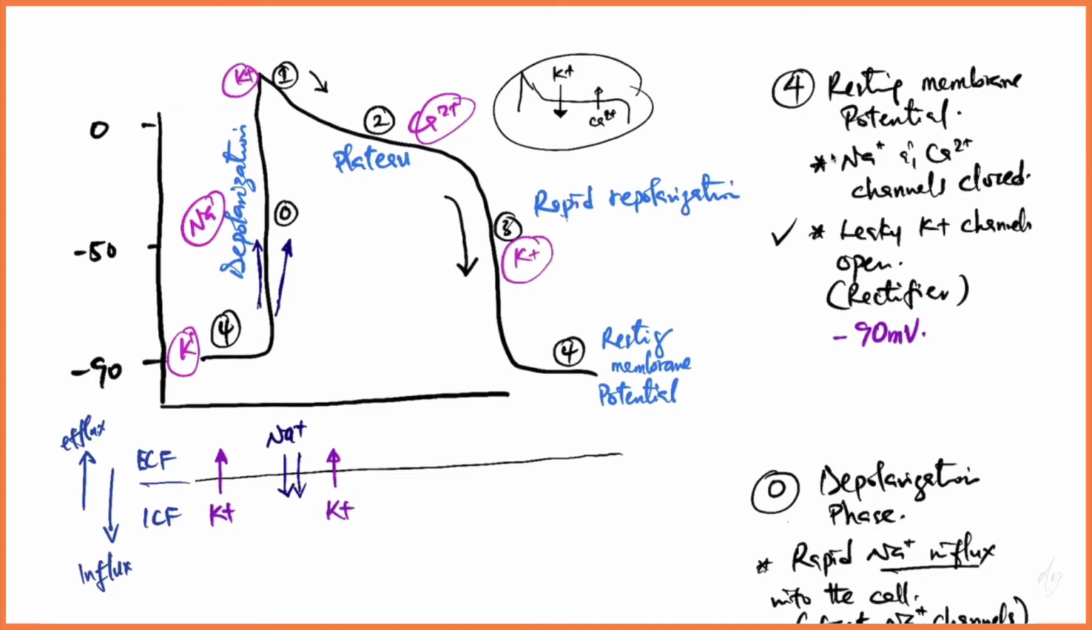The one other thing you may need to know is that this distance is the absolute refractory period. The absolute refractory period is a time during which another action potential, a second action potential, cannot be elicited. The full length of this graph